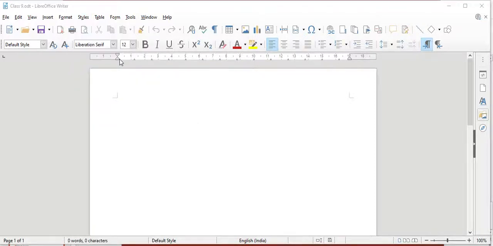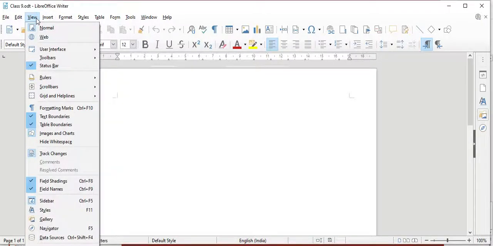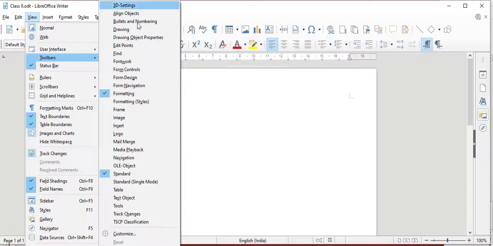The toolbars appear below the menu bar. These all are the toolbars. The standard toolbar and formatting toolbar will appear. The other toolbars can be activated by clicking on the View menu and selecting the Toolbars submenu. By default, these are the two toolbars you can see in your document. If you want more or different toolbars, you can just click on View and then Toolbars, and in this submenu you can select whichever toolbar you want to have in your document.